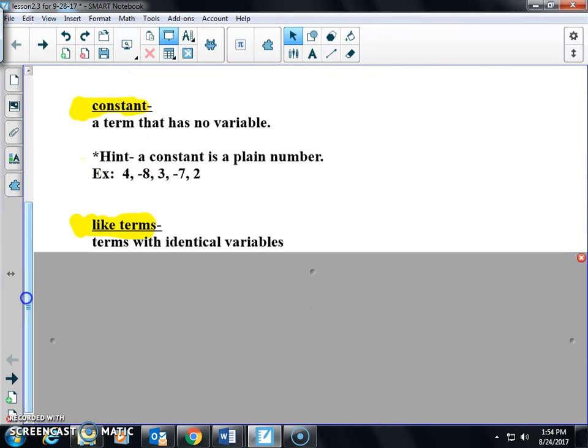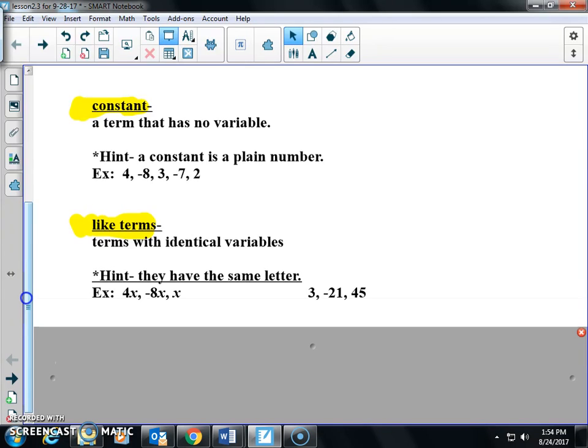Another vocabulary word we have, like terms. Like terms have to have identical variables. So the hint is that they have the exact same letter in the term. 4x, -8x, and x in our example there. And remember, x could mean the same as 1x. Those are all like terms because they have the same letter. 4 x-rays, -8 x-rays, 1 x-ray, whatever x stands for,